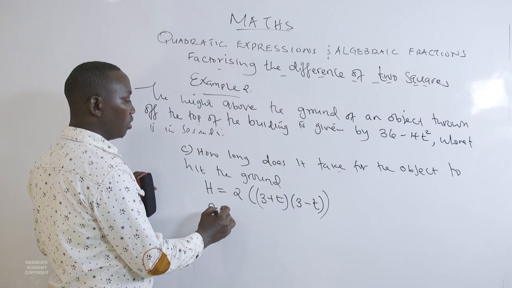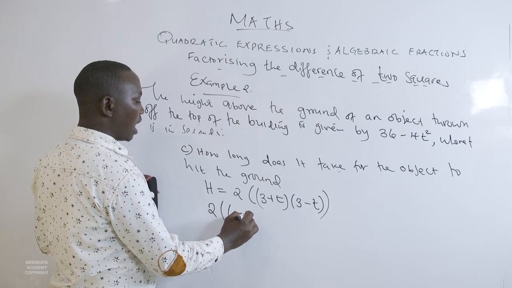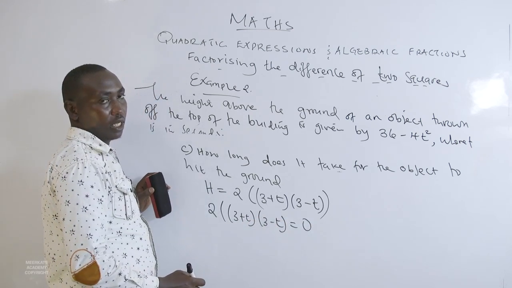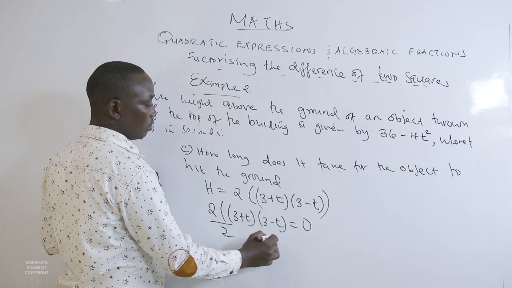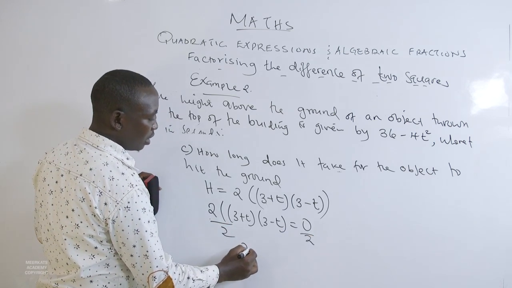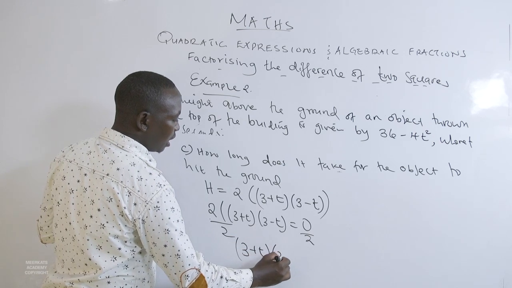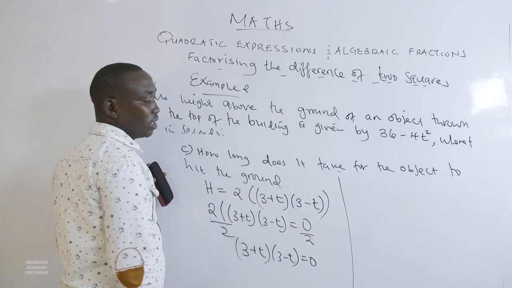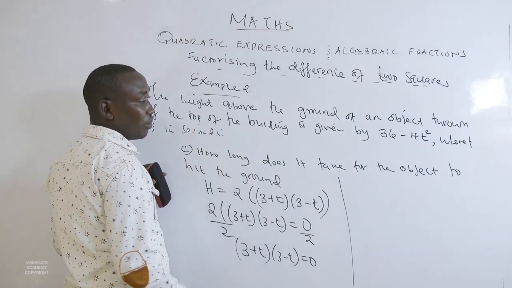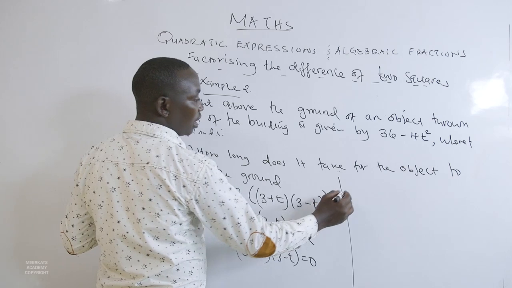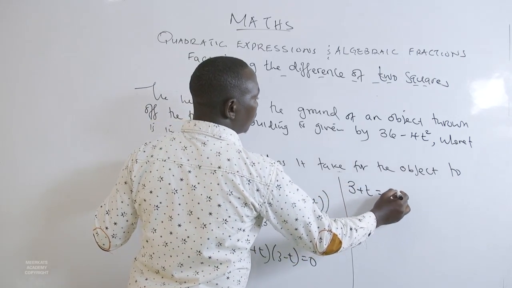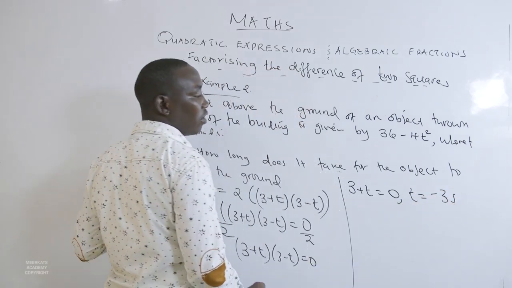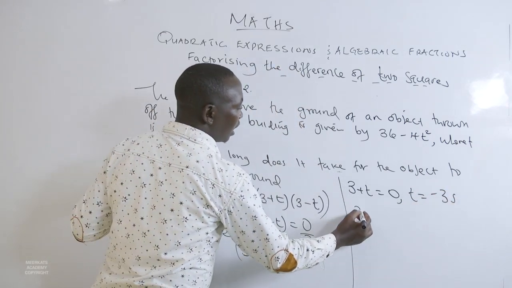So that means that 2 into 3 plus t into 3 minus t is equal to 0. We divide through by 2, and this will leave us with 3 plus t, 3 minus t is equal to 0. That means there are two answers for the values of t. The first one, 3 plus t is equal to 0, and this will give us t to be equal to negative 3 seconds. The second one, we have 3